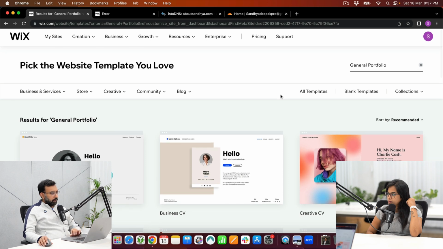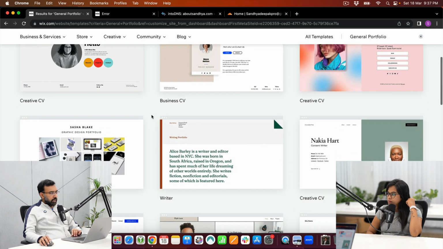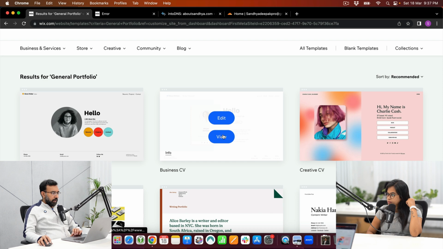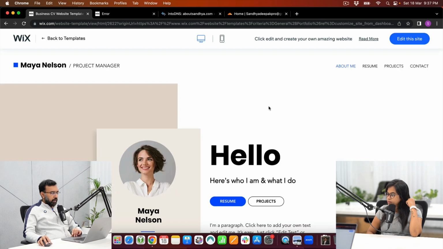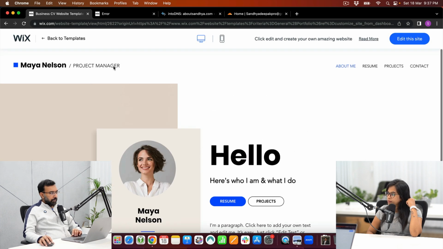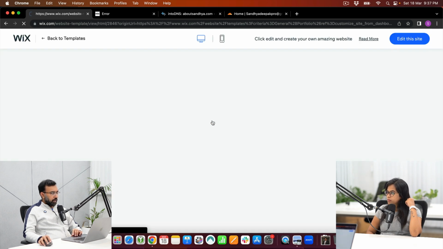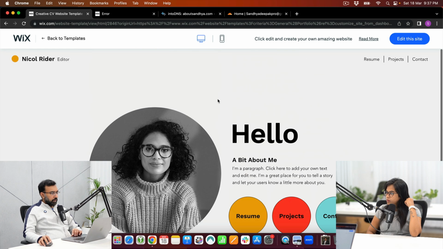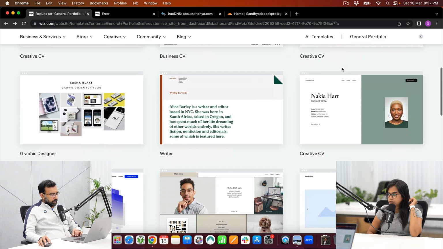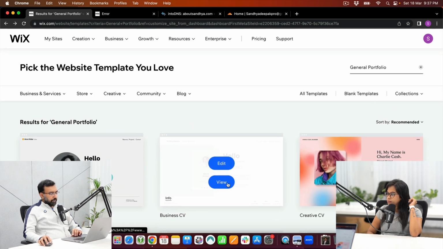And here you can see a bunch of template designs are there, which are like general portfolio designs only. Okay. So we can just choose one. This can be edited later. I can also preview it before selecting it. So this is how your website will look. So it looks kind of neat and doesn't look like a long form page. But you can add elements to it. We can click on view here. So resume, projects, contact. So it's just like an enhanced LinkedIn profile. So I'll have to just change the content, put my picture instead of the existing picture. Yes. That's easy.